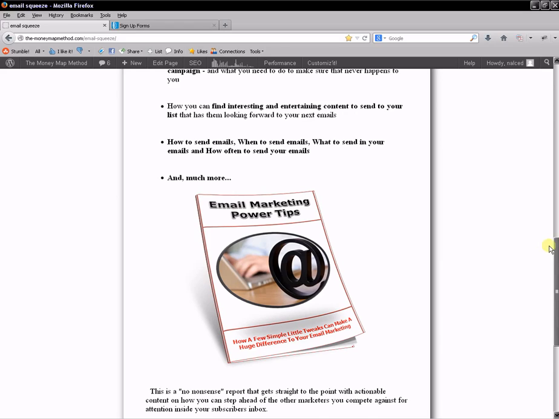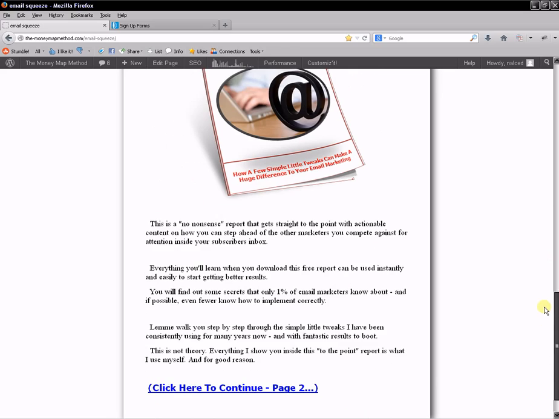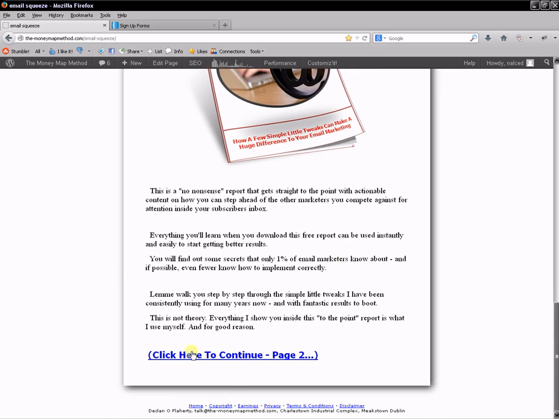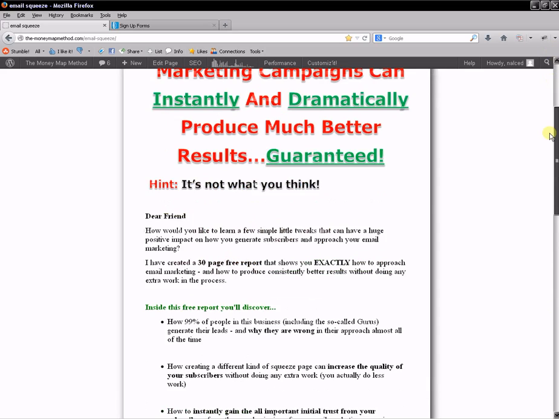Does that make sense? So if someone lands on this page and they read this page, and then they get to the bottom and it has a link here, click here to continue to page 2. I can guarantee you that anybody who clicks on this link at the bottom and goes to the next page, which I'm going to show you now, there's an opt-in form on the next page, they are going to opt in. The vast majority of people are going to opt in, the people who click on this link. And not only that, but they're not blindly opting in either. So you are automatically generating a higher quality subscriber because you're given that trust up front.